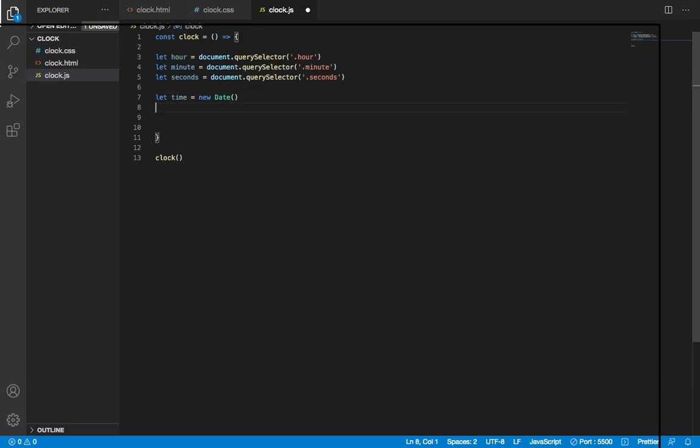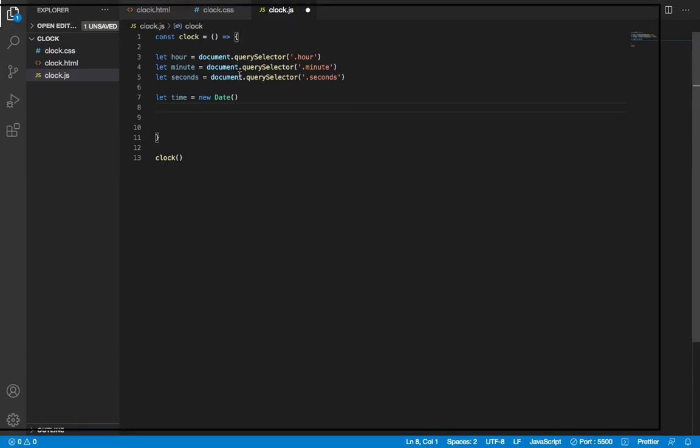So come here. What's the next thing we are going to set? We'll create new variables that will append with this document. So what's the first variable? Let's create the one for hour. Let's say let HR, which stands for hour. You can write this in whatever way you think is good or pleasant to you. Let's say let date equals time dot get